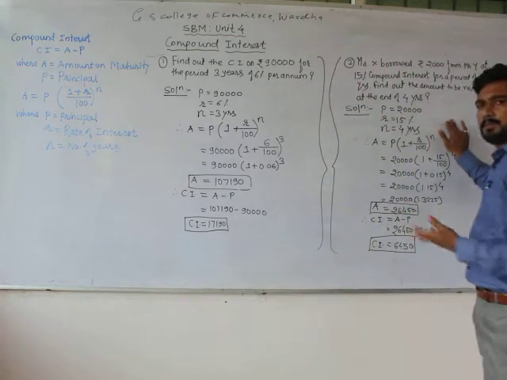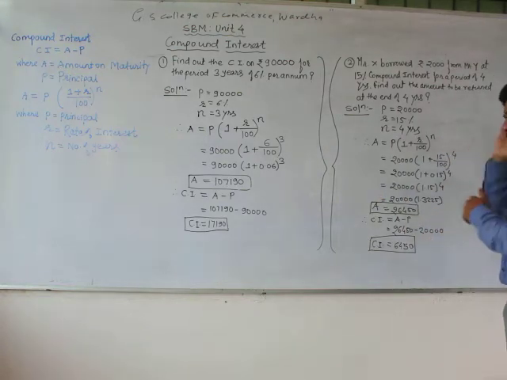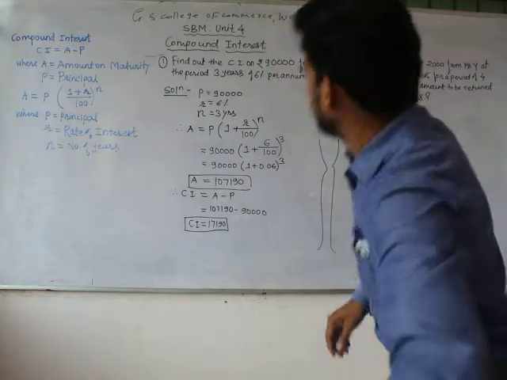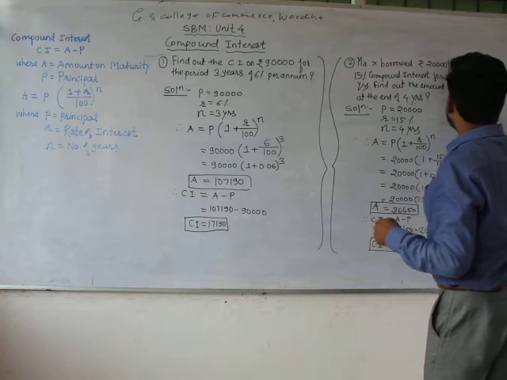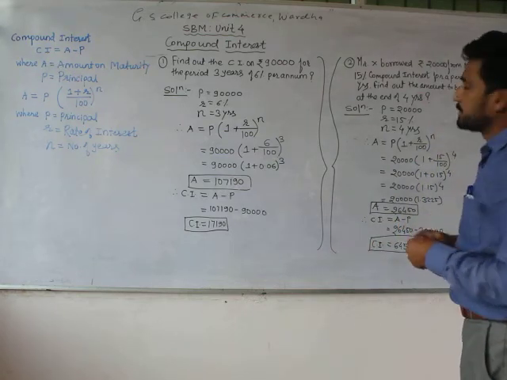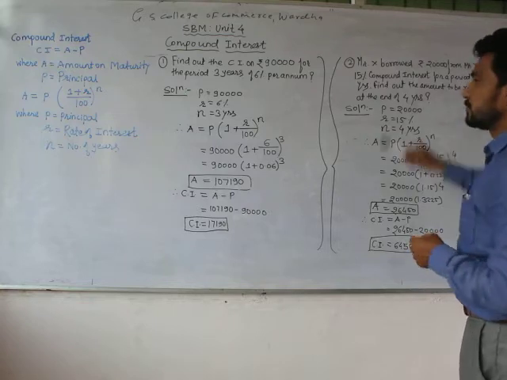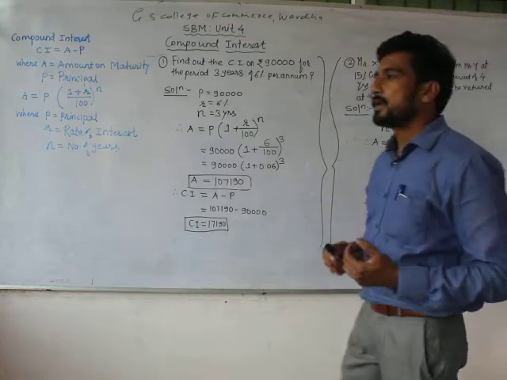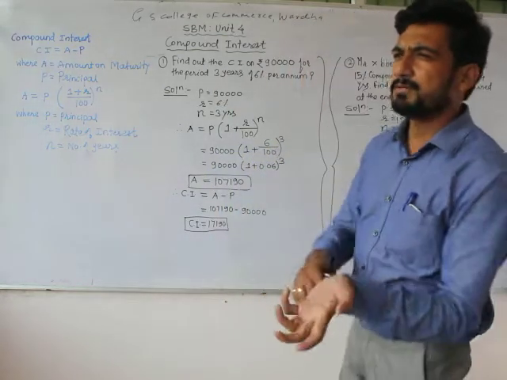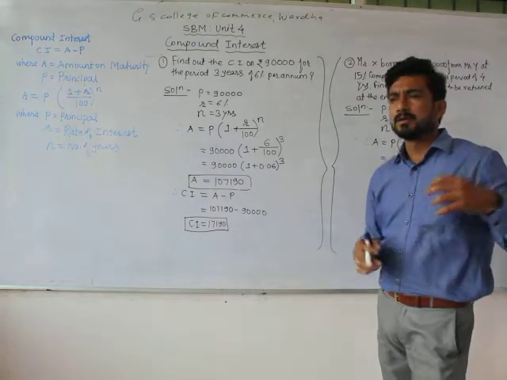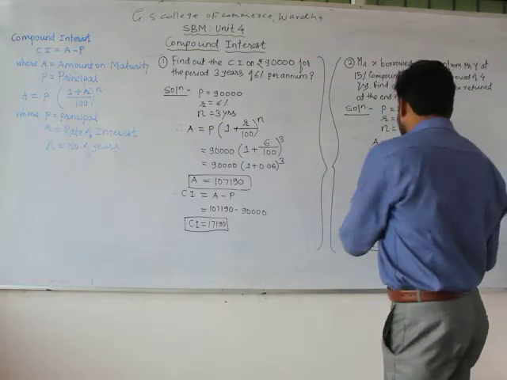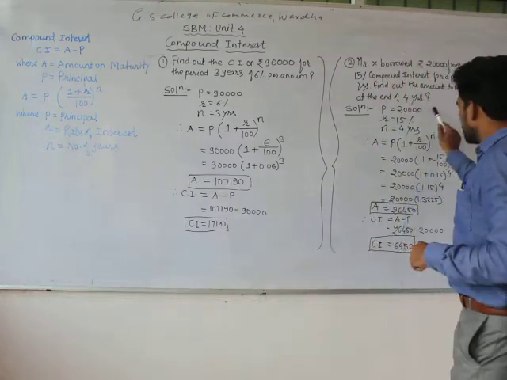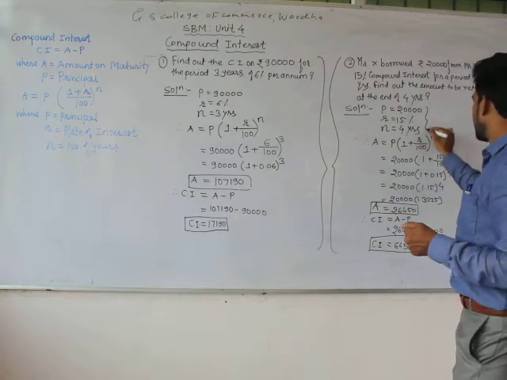Second problem, same problem, but the figures are changed. Once again we will move to the second problem. Mr. X borrowed rupees 20,000, let me correct it, it's not 2,000, it's 20,000, from Mr. Y at 15% compound interest for a period of 4 years. We have to find the amount to be returned at the end of 4 years. It means we have to find the amount on maturity, but that is related to compound interest. So either you can stop at amount on maturity, or you can move forward to calculate compound interest also. First we will write the things we have in our hand.